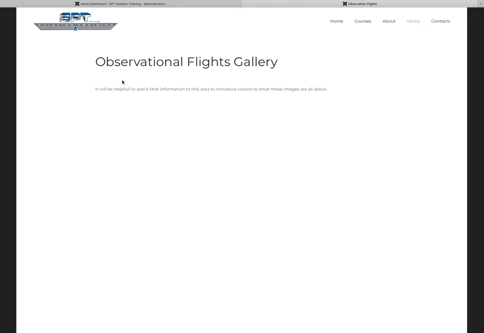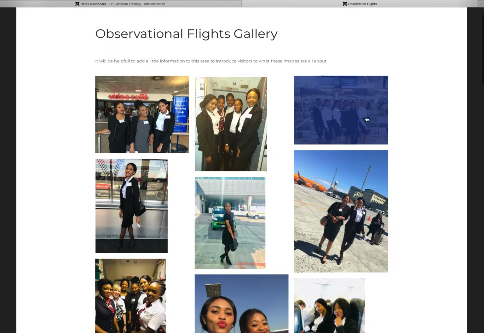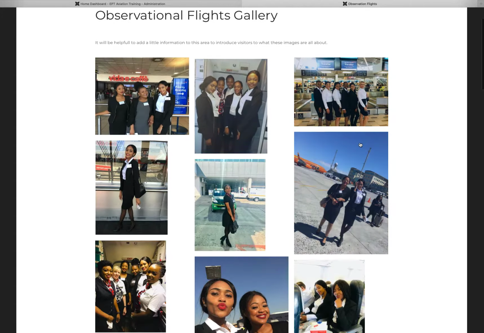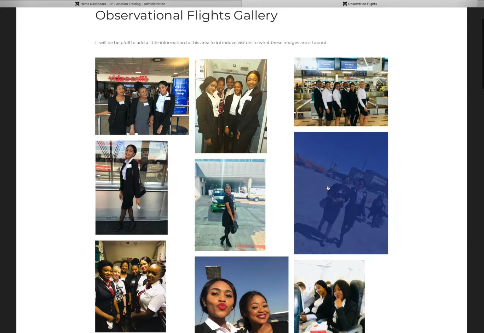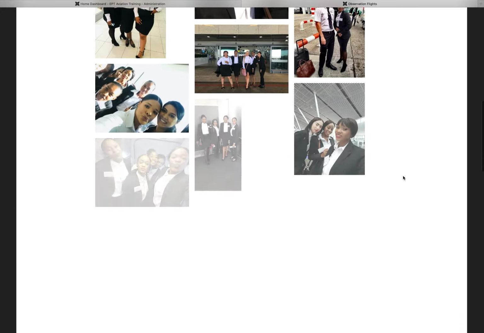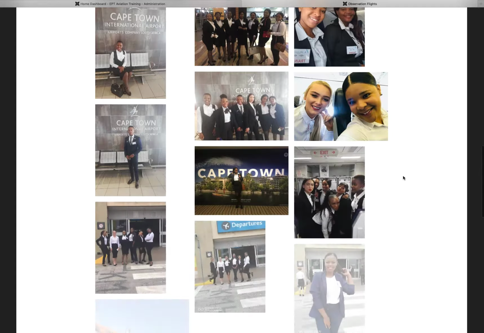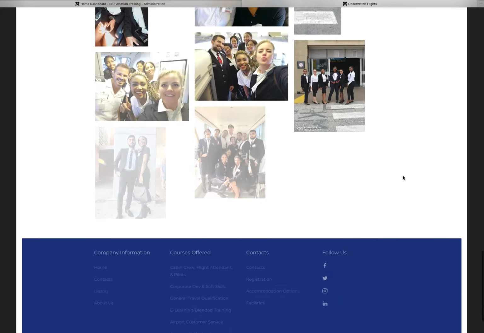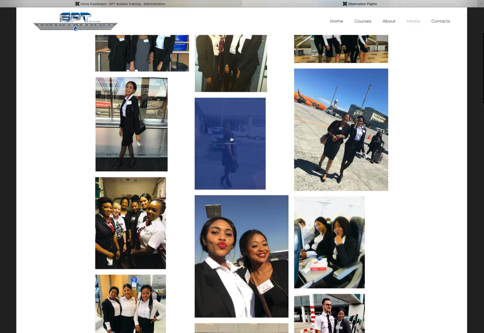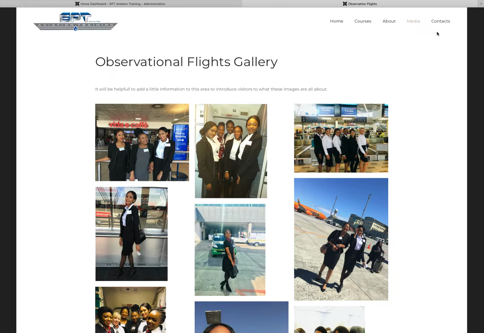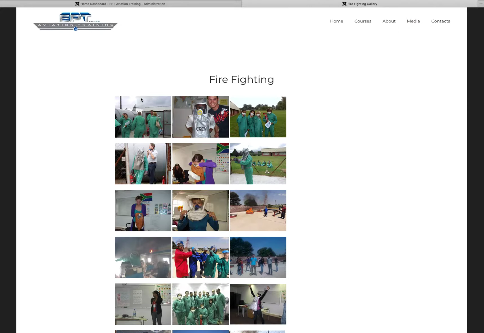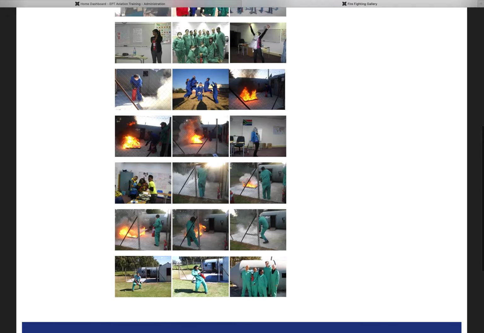So the observational flights. You'll see, even if the images are of different heights, they slot in quite neatly underneath one another. So this is a masonry layout where the images fit nicely underneath each other in this almost haphazard way, but it all fits together quite nicely. You can click on these images, and if they were larger, they would make available the larger image for you. So previously, your image galleries would have looked something like this, where they are not clickable,